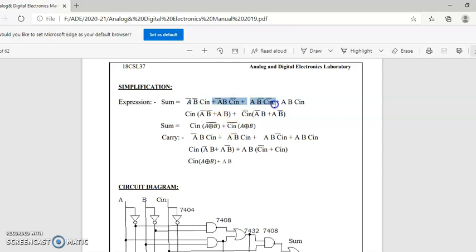For the second and third, we get C in bar into A bar B plus AB bar. So then further, we can write C in into A XNOR B, C in bar into A XOR B. Further it will not simplify, we'll stop at this point.